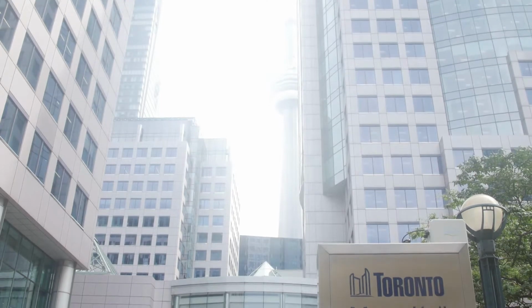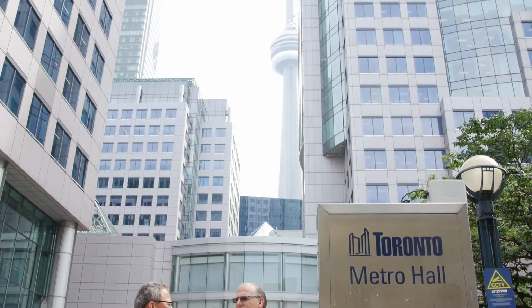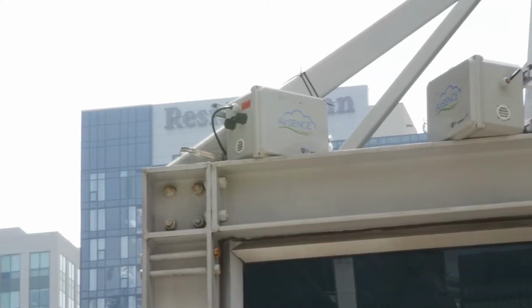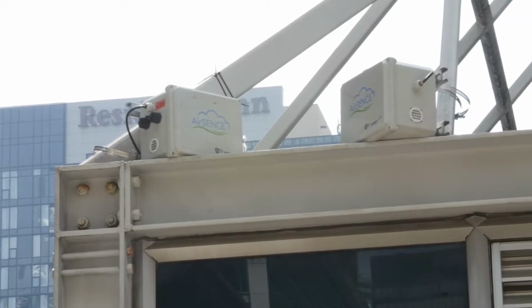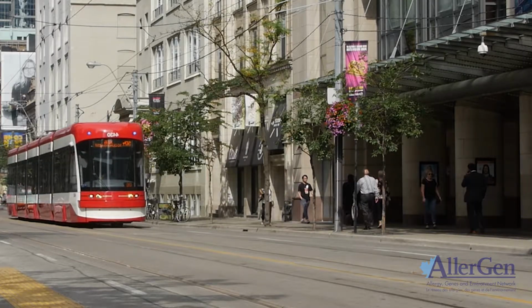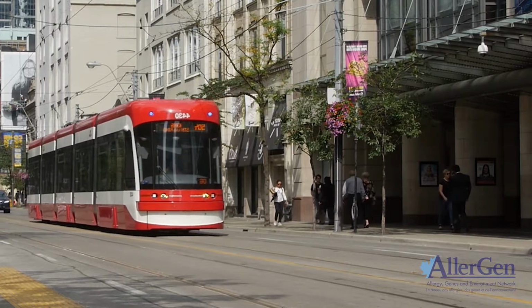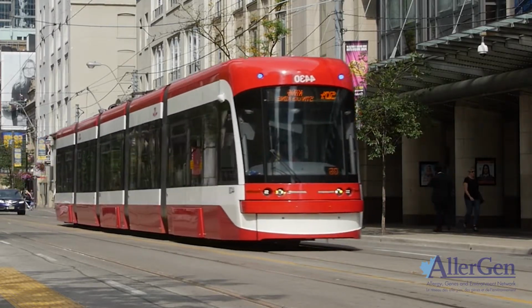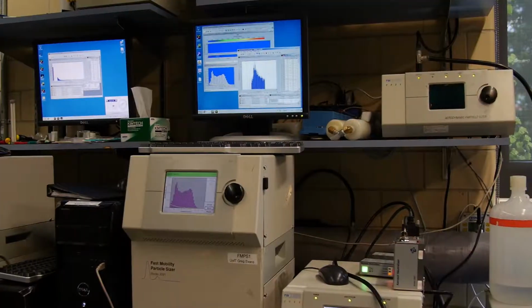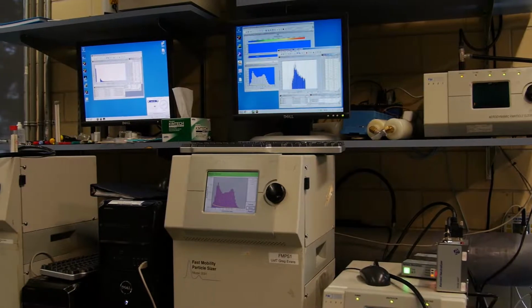We thought this would be an ideal opportunity to use AirSense to track current air pollution and changes in air pollution in the King Street area. So we are collaborating with both the City of Toronto and the Toronto Transit Commission. We installed AirSense monitors at a few selected locations in the pilot area. We also attached sensors on 2 TTC streetcars so that we can continuously monitor air pollution levels along the street. Our team took air quality measurements on King Street last summer and fall before the pilot started to use